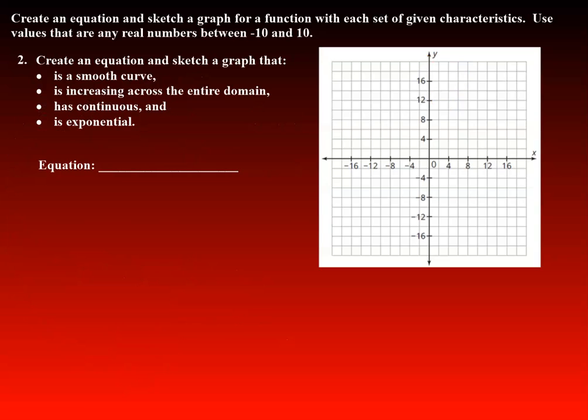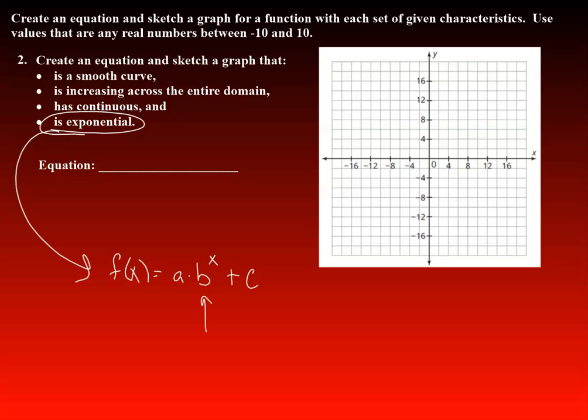So we're going to try another one of these, okay? And just like I did with the last one, I'll walk you through this one. So this one says it is exponential. So again, I'm going to go back and look up what an exponential function's equation looks like. And that's going to be f of x equals a times b to the x plus c. And so I get to again pick numbers for a, b, and c, but one thing they said about b